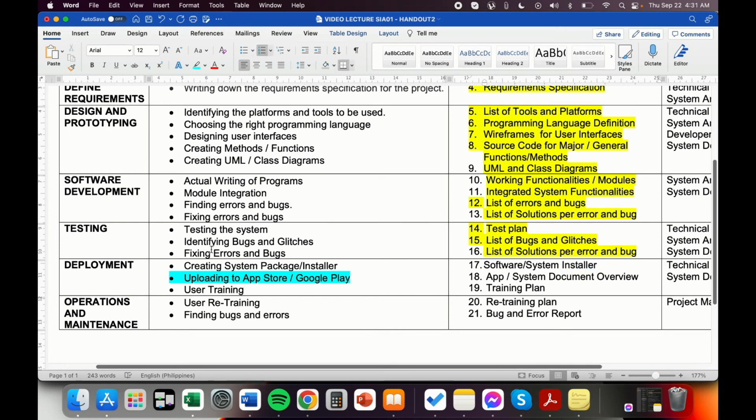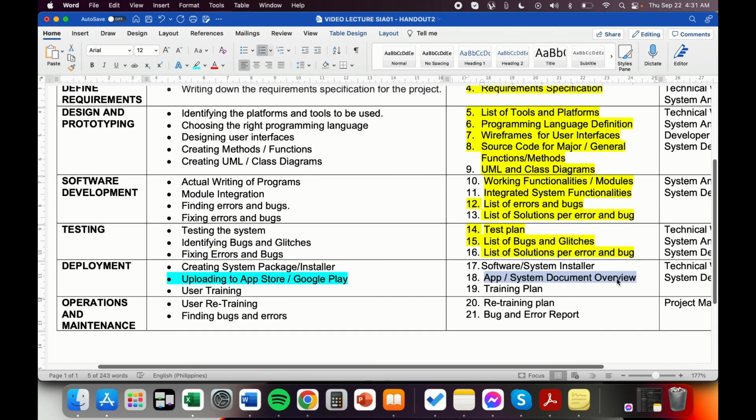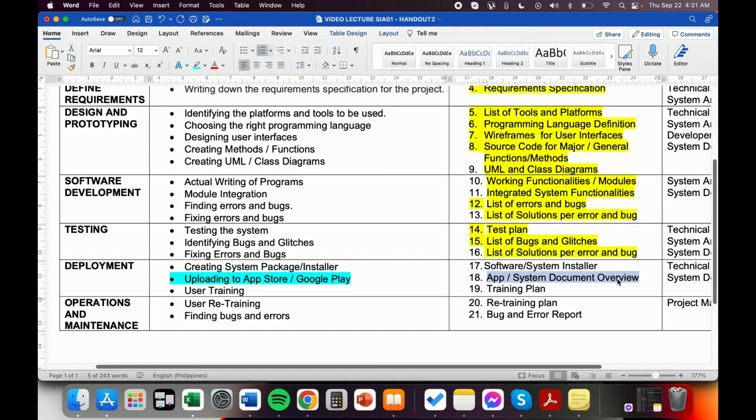You have the, if it's a mobile app, then it's uploaded in App Store or Google Play. There should be an app or system document overview. This one is needed whenever you upload a particular software over the internet. Okay, especially yung mga mobile apps. And of course, you have the training plan. The training plan,